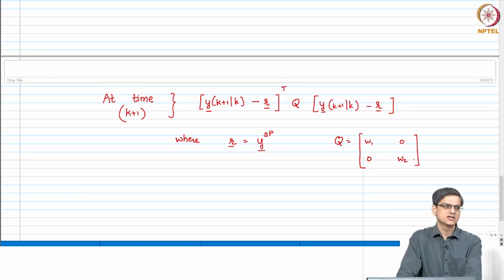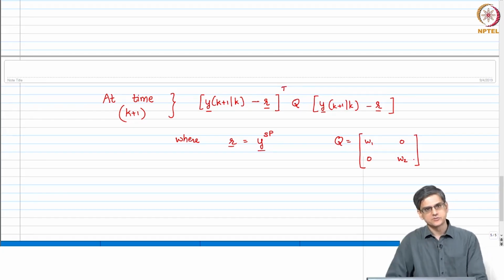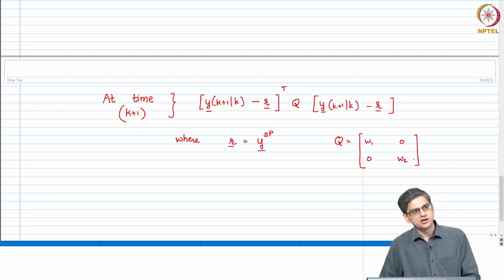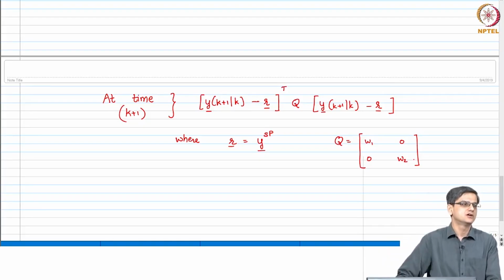Can I use a non-diagonal Q? Don't. Okay. There is nothing that stops you from doing it. Theories have all been developed for diagonal positive semi-definite Qs. But in practice, we have only tested it really very well for diagonal Qs with positive W